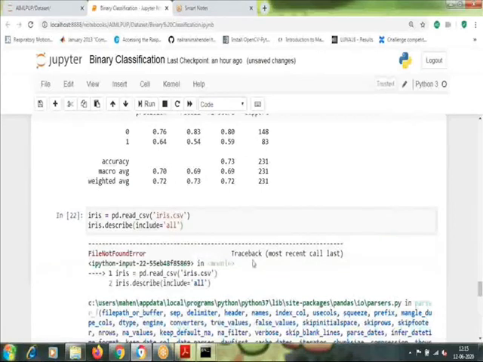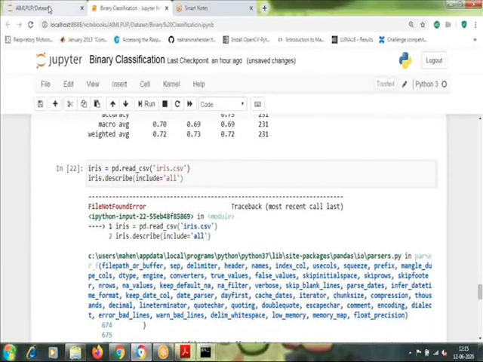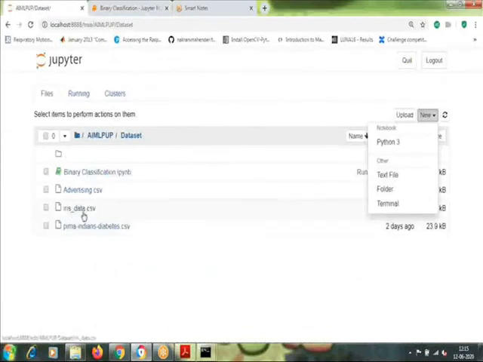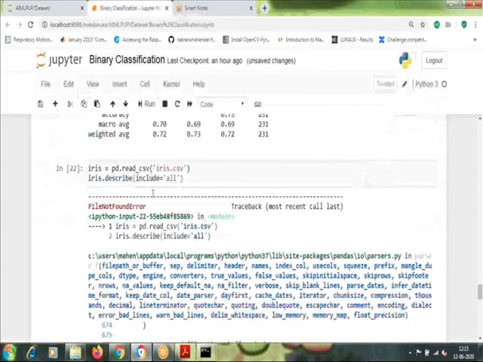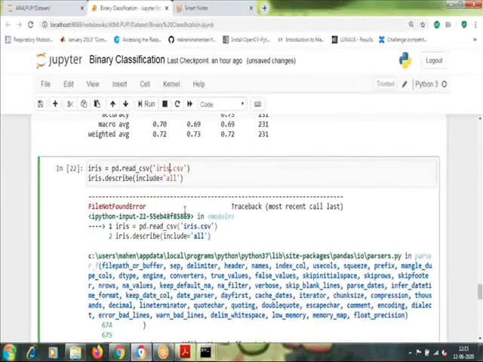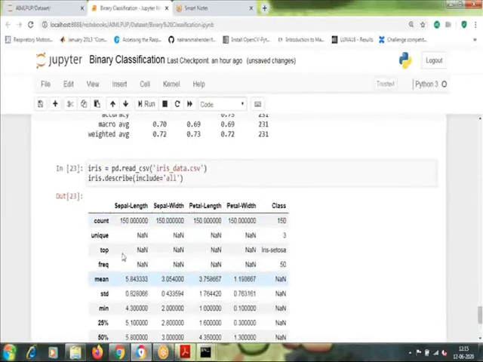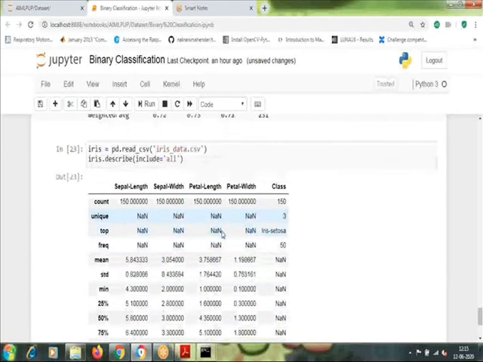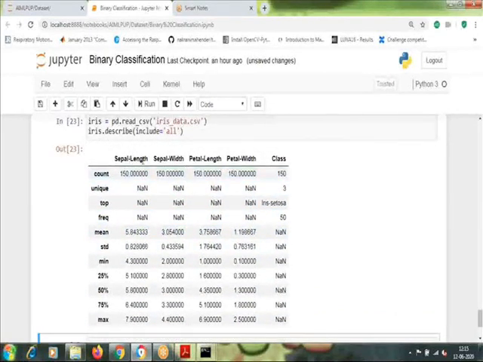And when we run it, it's iris underscore data dot CSV, just a typo error. So you can see here we have 5 columns: sepal length, sepal width, petal length, petal width, and the class. This is the data set of flowers.